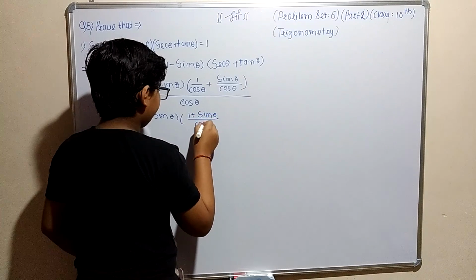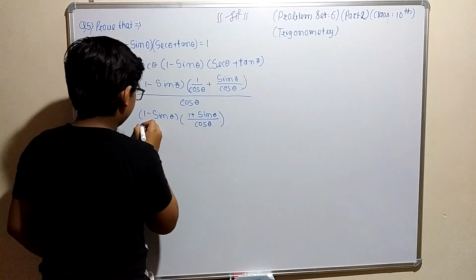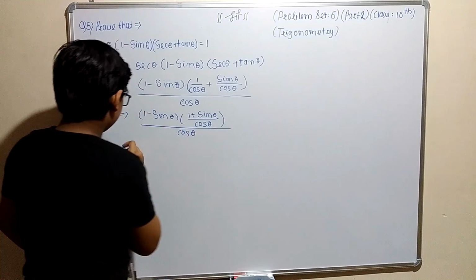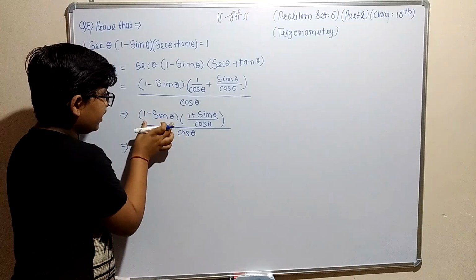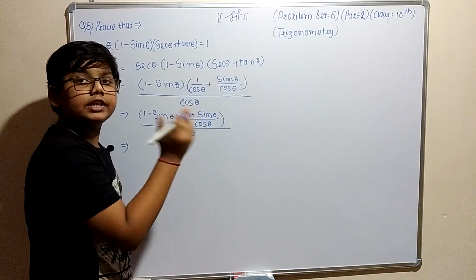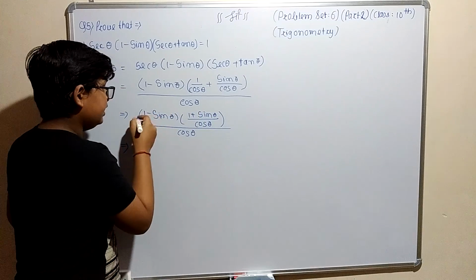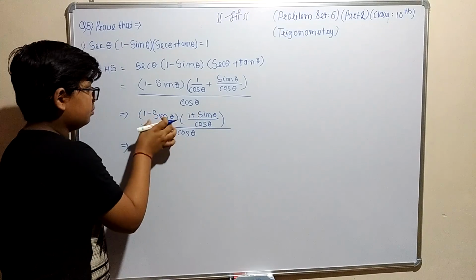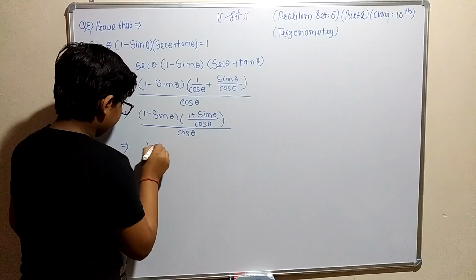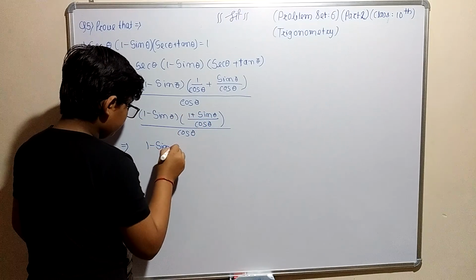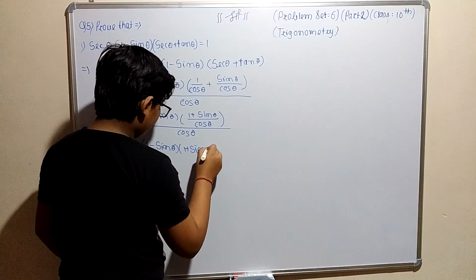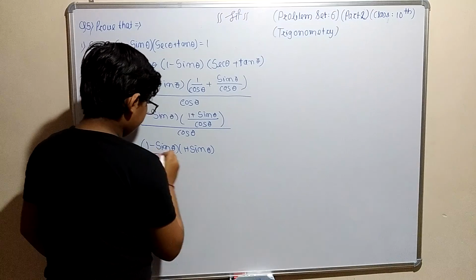Divided by cos theta. Now next step: (1 minus sin theta) into (1 plus sin theta) divided by cos theta. Numerator into numerator, divided by denominator into denominator. Here the denominator is nothing but 1. So numerator into numerator, (1 minus sin theta) into (1 plus sin theta), divided by